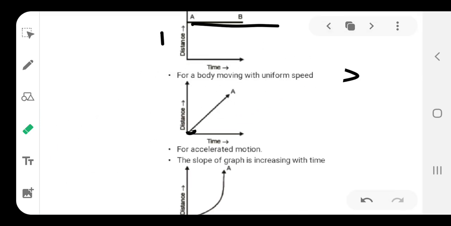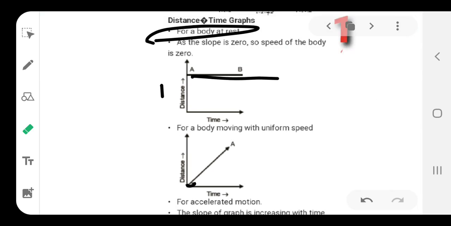Okay. So, these are some of the graphs that we have just seen about the distance time graph. So, you should know we have various types of distance time graph when the body is in motion, or the body is at rest, or the body is with uniform speed. Now, let us see